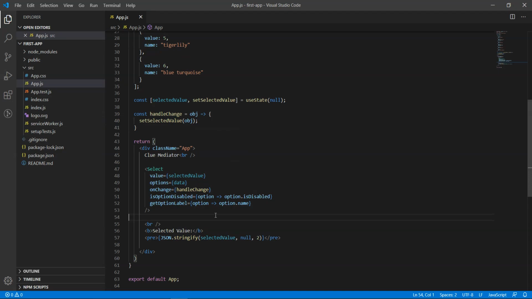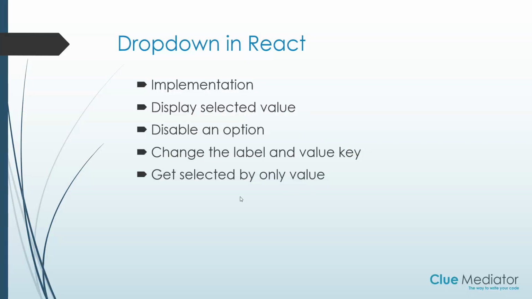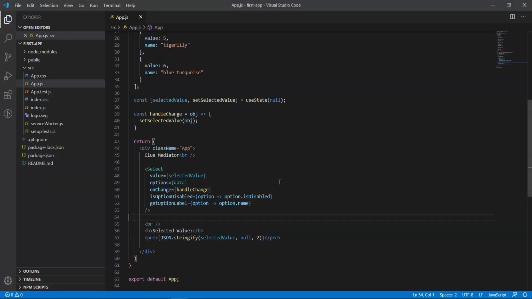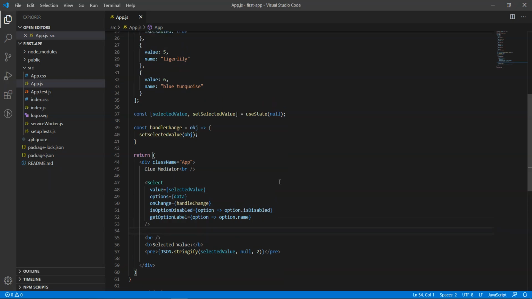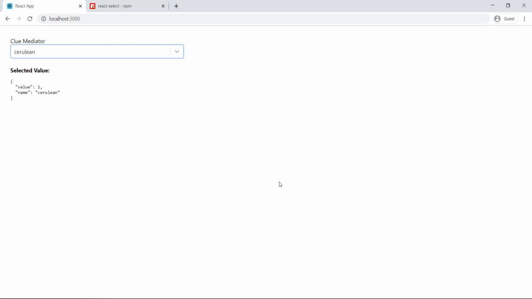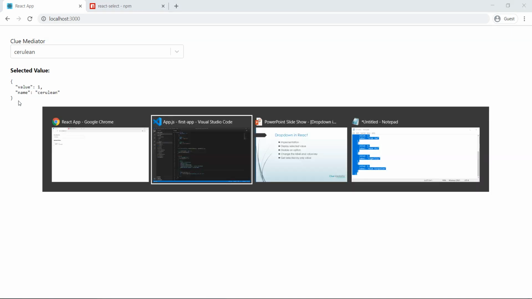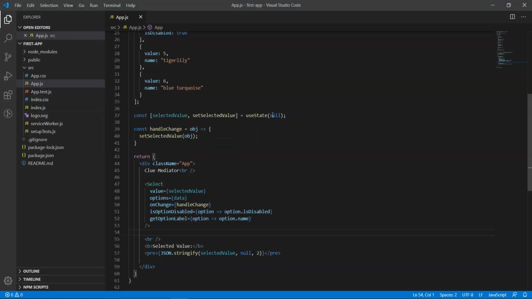So let's check the next point. Okay, the most important point: getting selected by only value. What does this mean? Right now we have the selected value as a whole object. If I want to provide a default selection of the drop down, I need to pass the whole object as the selection.